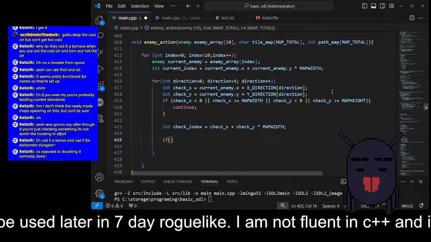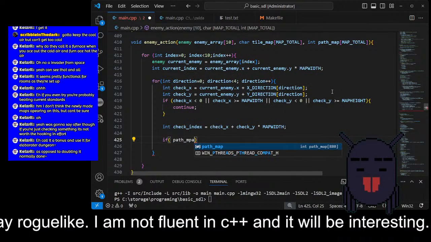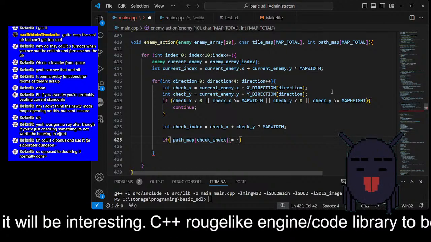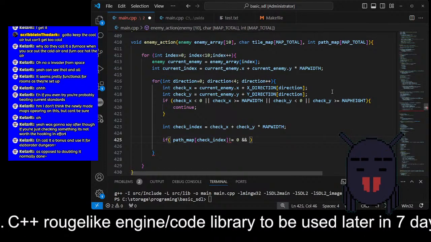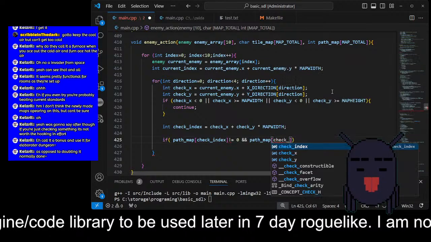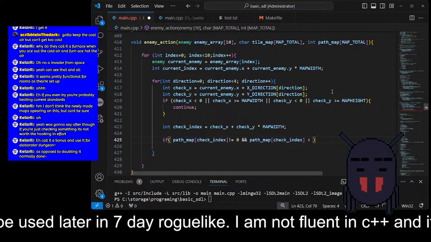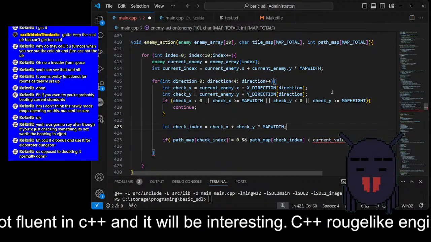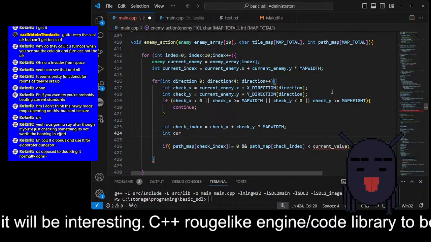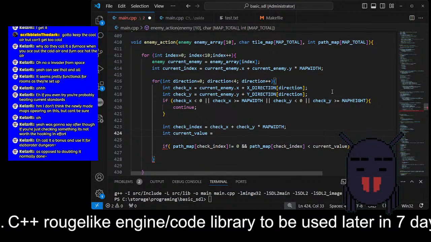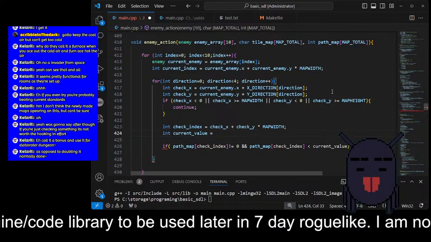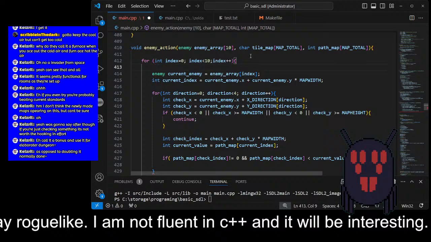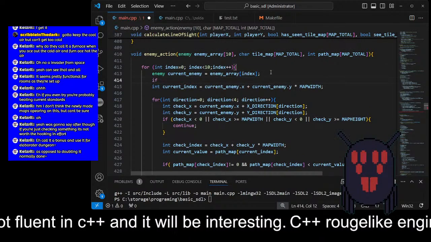If path map check index does not equal 0, and path map check index is less than current index or current value, equals path map current index. If enemy, oops,